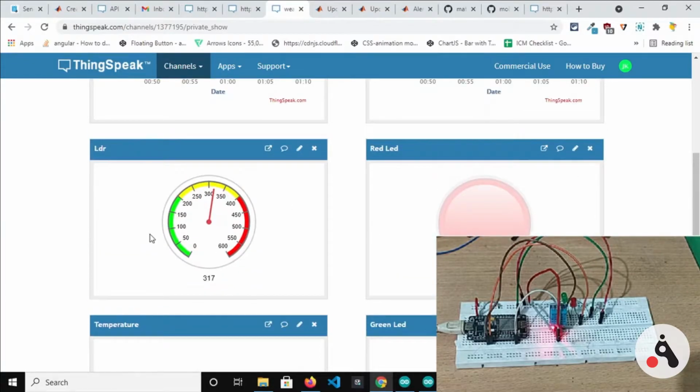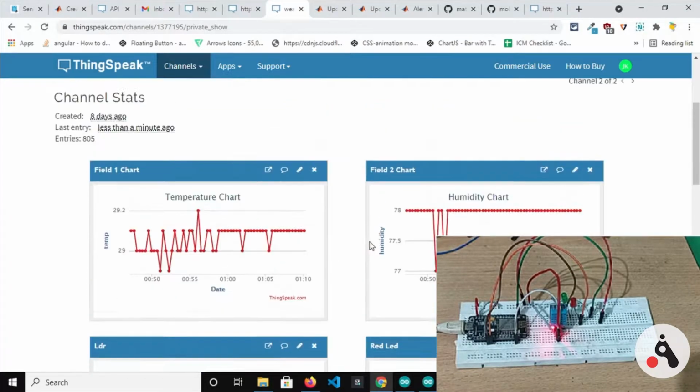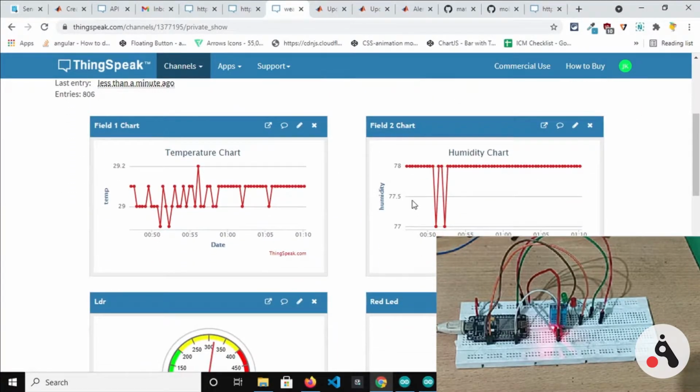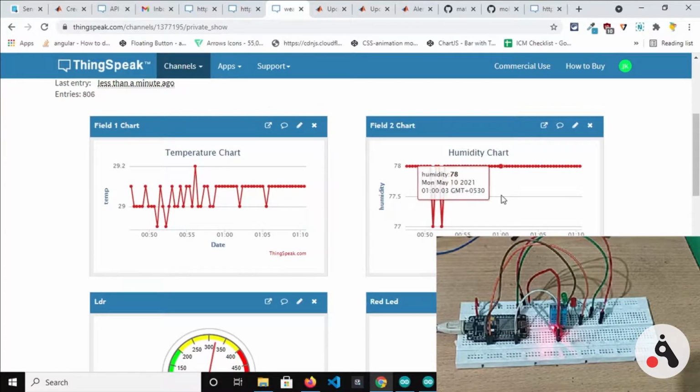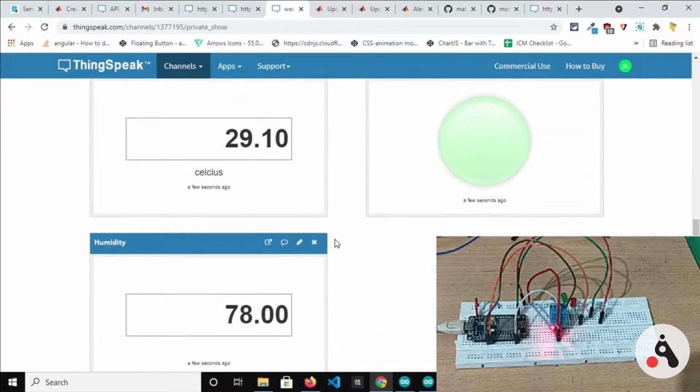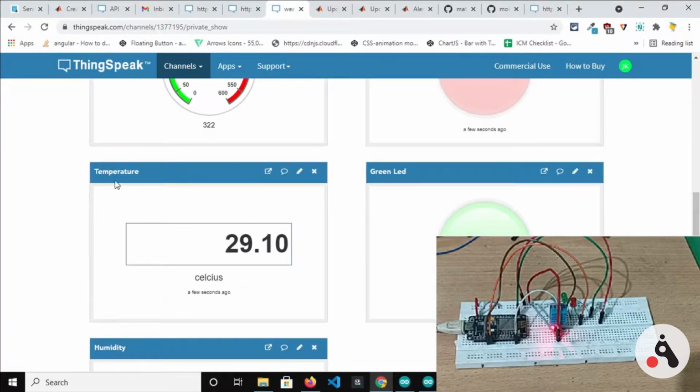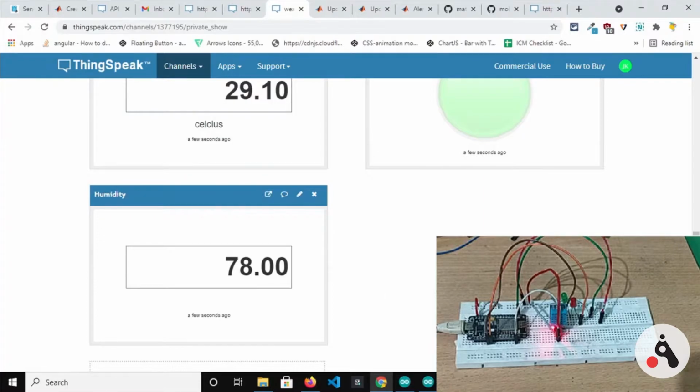The LDR data is from the LDR sensor, the brightness data basically. These are all real-time data, refreshing every 15 seconds, which is the limitation of ThingSpeak, that you can visualize data only every 15 seconds on the dashboard. And these two are the labels which are showing temperature and humidity.